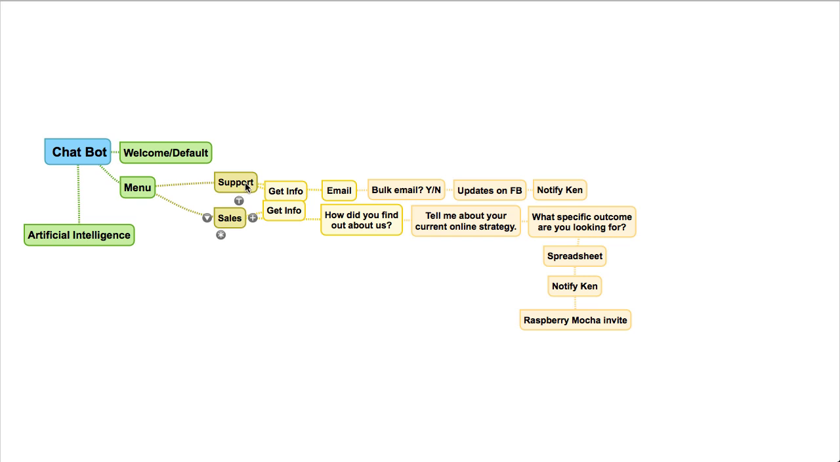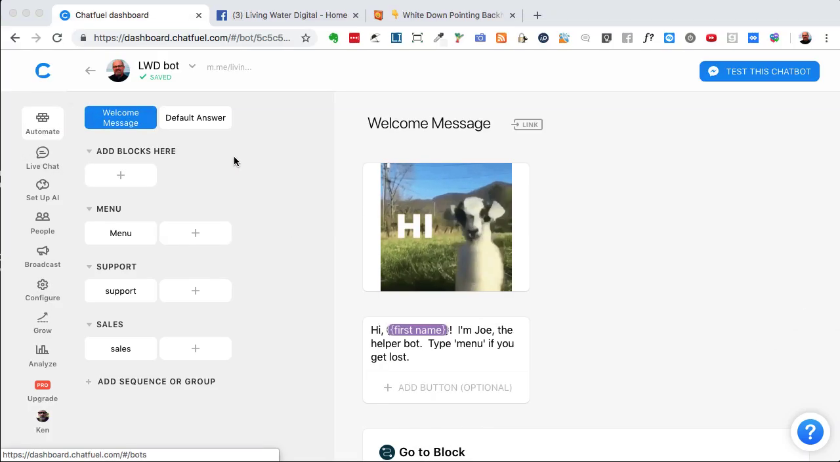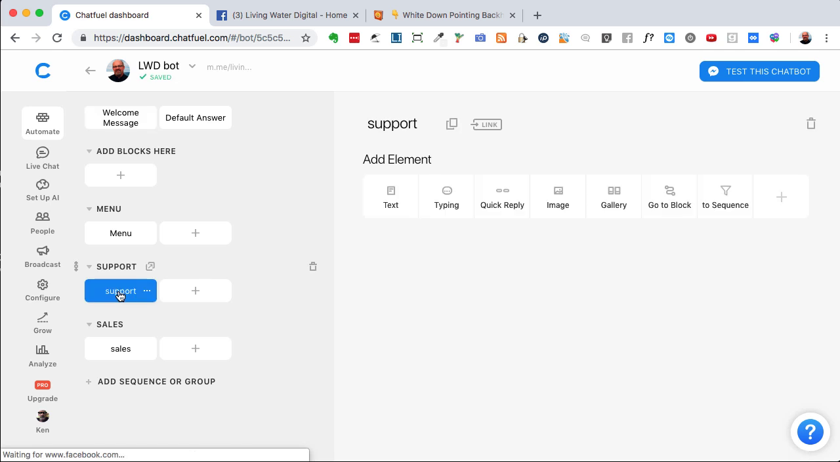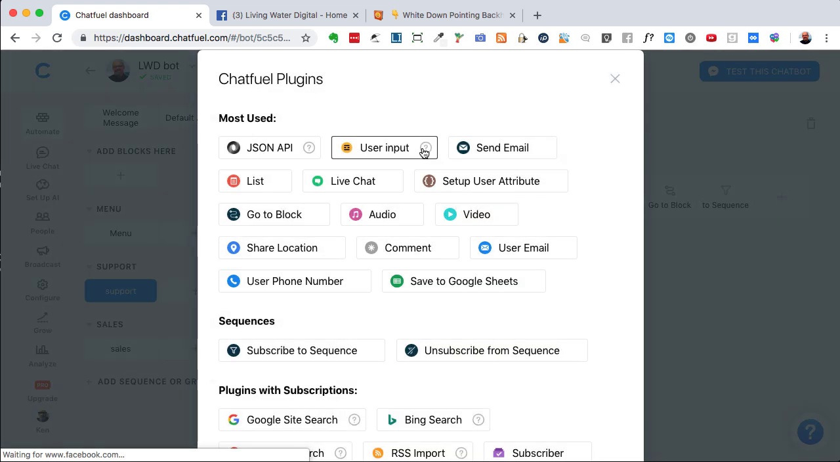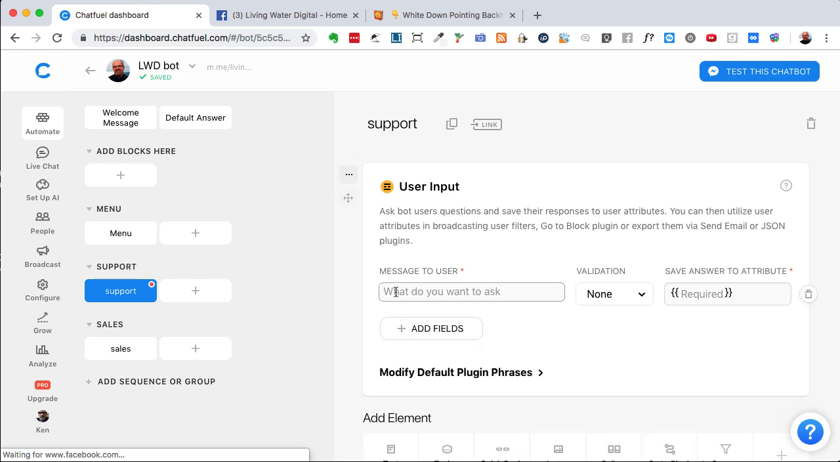So let's go ahead and click on support, and then we'll ask them a question. We'll tell them about updates on Facebook, and then we'll notify me. Let's go ahead and do that. Alright, so we'll go to the support block. And so we want to get a little information. So we'll add an element, and you don't see it here, but I want to get some user input. So I'll click on user input. And so I want to ask, what is your URL? And with validation, we're not asking for a phone or email or anything like that, so we really don't need any validation. And we want to save that to,